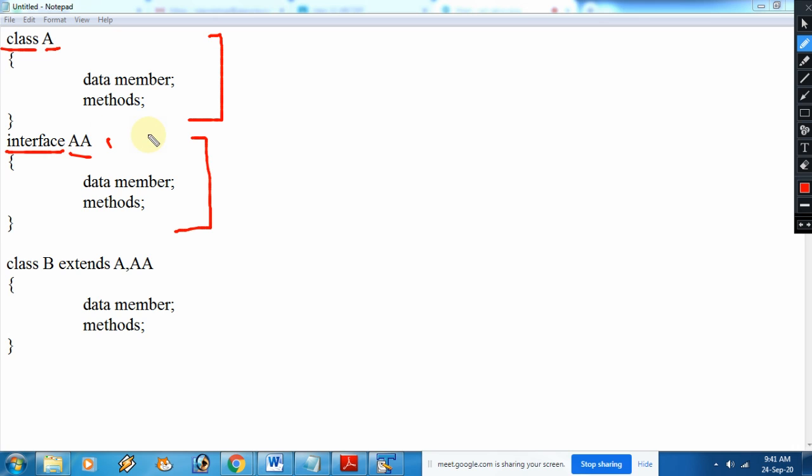And now this AA is representing the interface. In this interface, please pay attention, whatever data member you are declaring, that must be fixed values. Means we cannot alter them, because by default they are final.